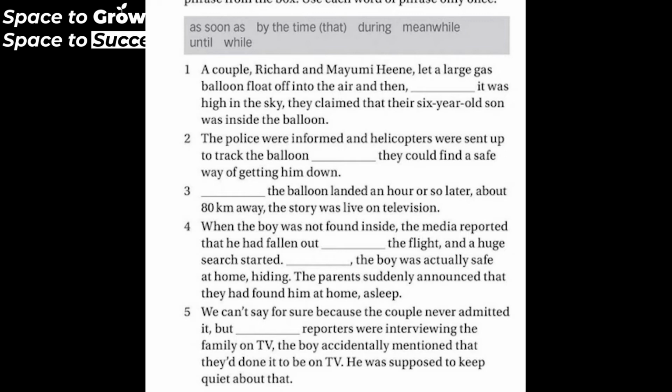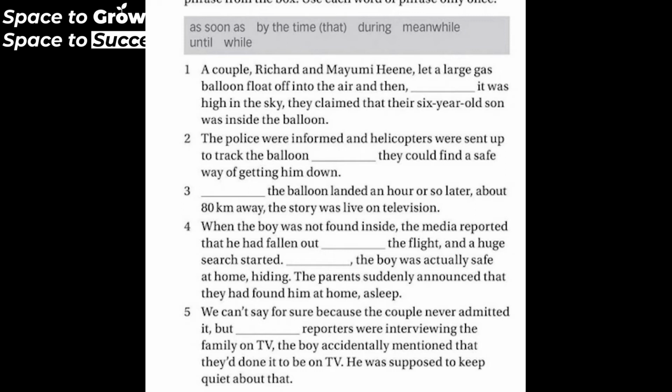By the time the balloon landed, an hour or so later, about 80 kilometers away, the story was live on television. 4. When the boy was not found inside, the media reported that he had fallen out during the flight, and a huge search started. Meanwhile, the boy was actually safe at home, hiding. The parents suddenly announced that they'd found him at home, asleep.